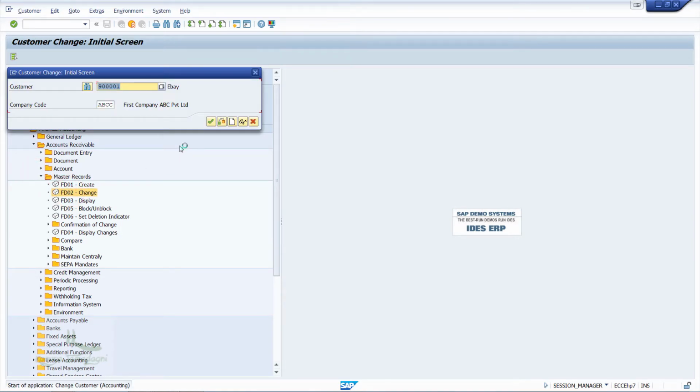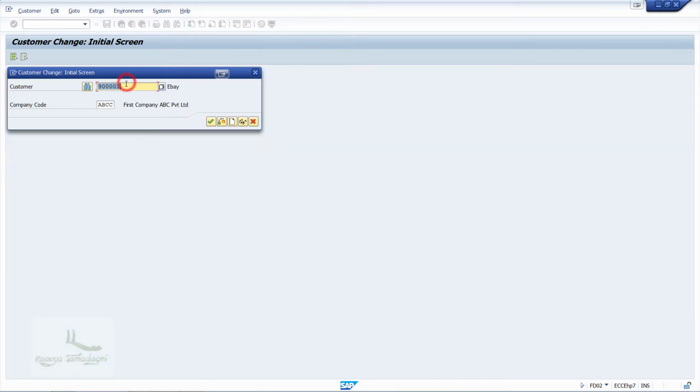Or else, you can also use the T code FD02. When I click on change, the system will navigate us to the window wherein you have to enter the customer number. Here, enter the customer number, that is Amazon, and company code, and press enter.